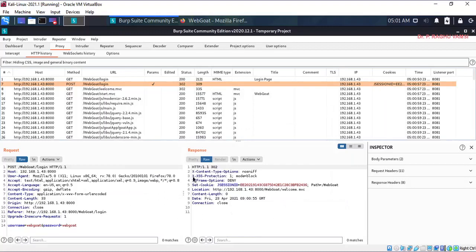If you look at X-XSS-Protection, it is 1, which means it is enabled, and mode is equal to block. So XSS protection is enabled for this particular web application, and X-Frame-Options is denied, and X-Content-Type-Options is nosniff. So this kind of response has been received in the headers itself.